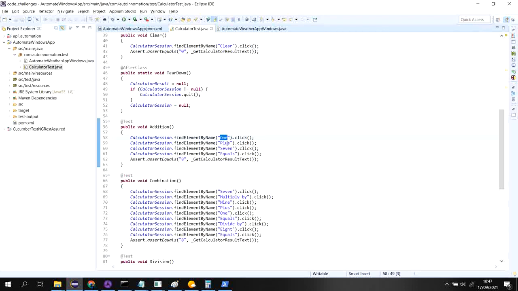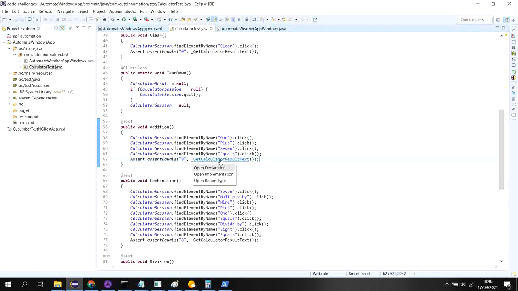So I'm clicking on 1 plus 7 equals, and based on that a result will come in the result pane. So I am doing 1 plus 7, and the result will come as 8, and the same thing I am validating. Whatever result is printing in the result pane, using this method I am getting that result from the result pane, and I'm asserting and validating the same text with the text I'm giving as an input.